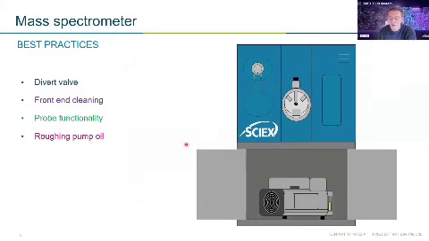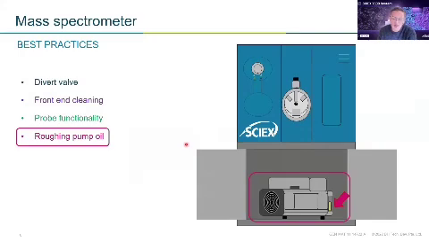And finally, on this slide, looking at the roughing pump oil, typically I'd say to customers, you don't really need to look at this, but it is something to always be aware of, especially because the roughing pump is typically sort of hidden away in a cupboard. You never really look at it unless there's an issue, or unless you're venting the system. So that's something I'd also keep a check on. Just make sure you've got enough oil and the oil hasn't discolored over time. Although your service engineer will, every time he's doing the PM, usually change the oil, or at least